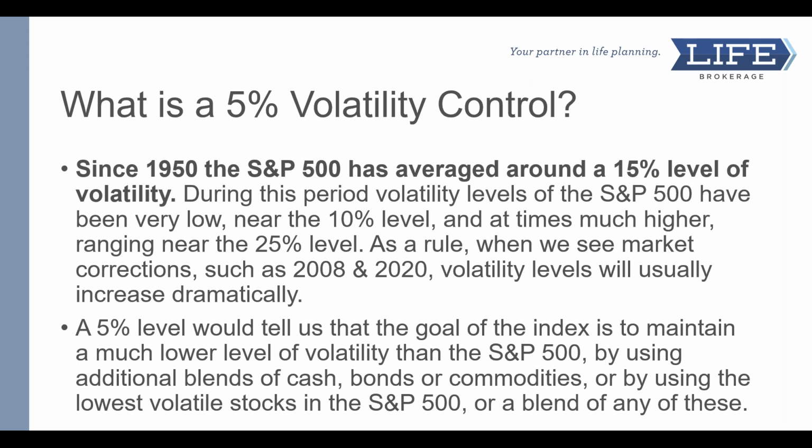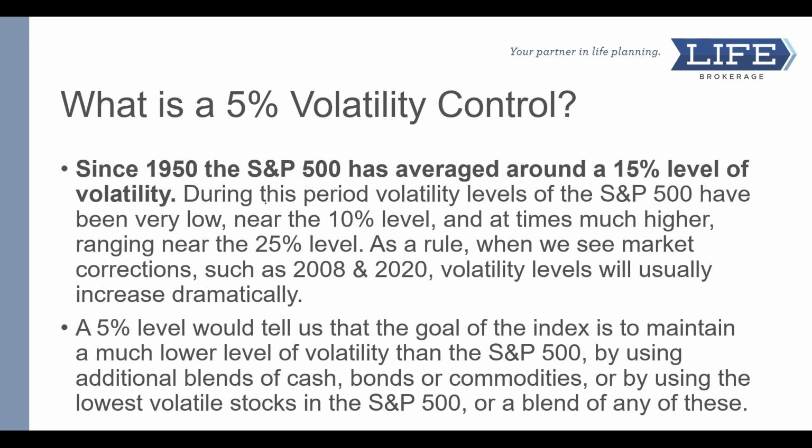As an example, as a benchmark, since 1950 the S&P has averaged a 15% level of volatility. So that gives you a benchmark, right? During this period, the S&P 500 volatility has been very low, at a 10% level, and at times much higher, ranging near the 25% level. As a rule, when we see market corrections like we did in 2008 and like we just did in 2020, volatility levels increase dramatically and the cost of options goes up. A 5% level would tell us that the goal of the index is to maintain a much lower level of volatility by moving